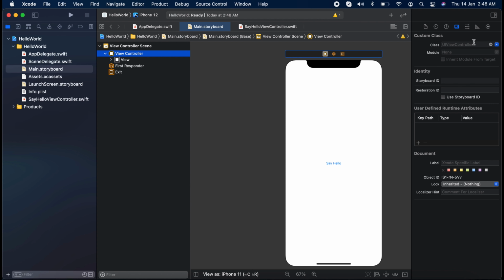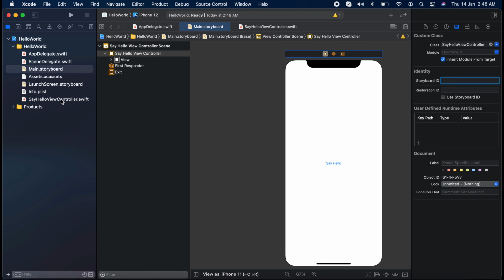But yes, we need a UIViewController, but which view controller? Our SayHelloViewController. So just start typing say, and then you will get that option, SayHelloViewController. So now we are telling this scene to take this SayHelloViewController as the controller class.